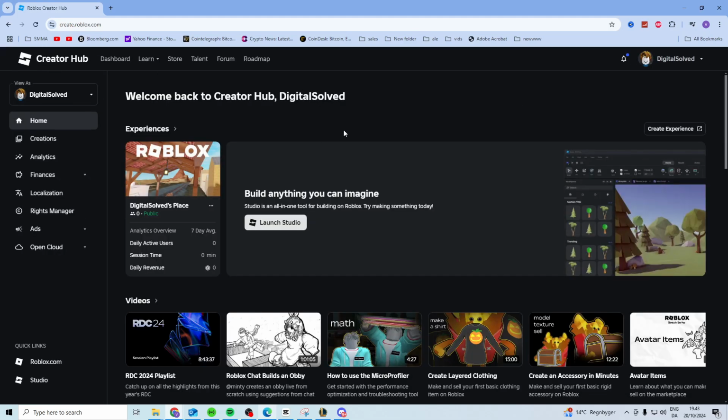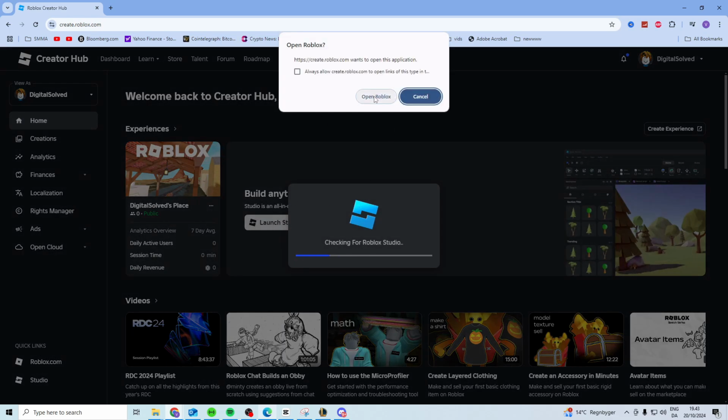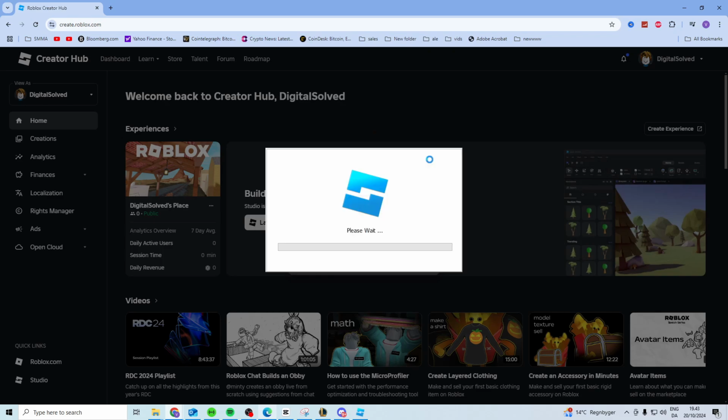Now in here, there should be a big button right here that either says Download or Launch the Studio. Now click on Launch Studio and click Open Roblox. Now when this pops up, it's gonna install the Roblox Studio and then you just have to wait until it's